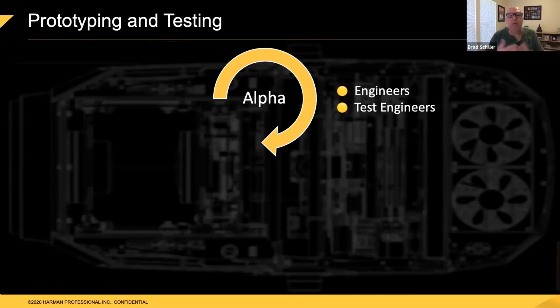And so that's what they'll determine at this stage with these alpha prototypes. They'll also bring in the test engineers at this point. And the test engineers will go through and start testing the code and start operating things. And they might find, oh, you know what, the tolerance here, there's not enough space. The gobos keep getting caught up on the next module next to it. We need to add some space. So they'll start testing and really figuring out and reporting back to the engineering team things that need to be